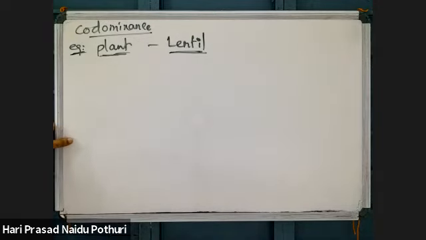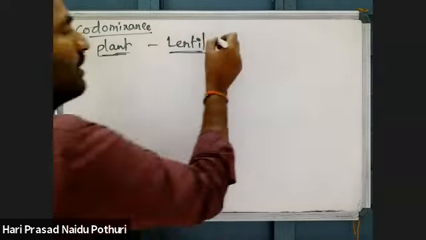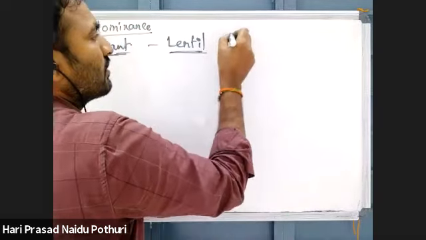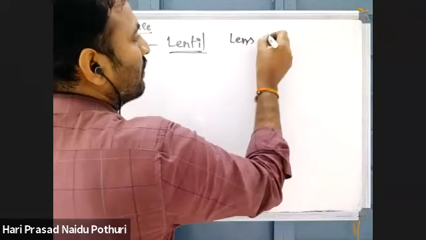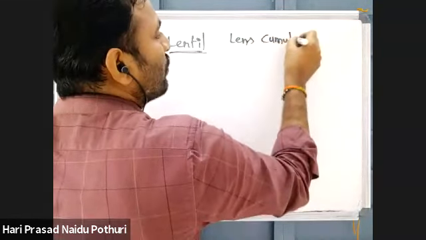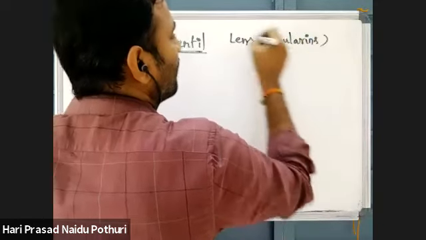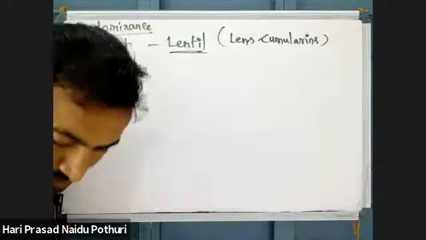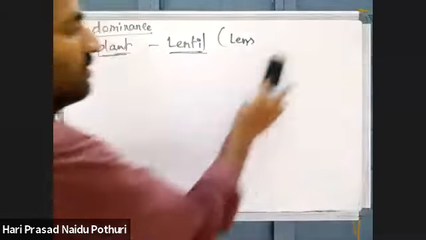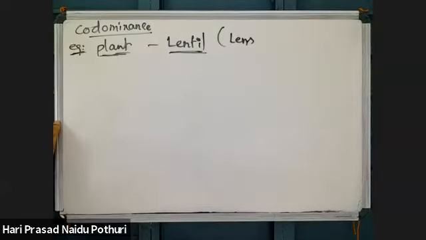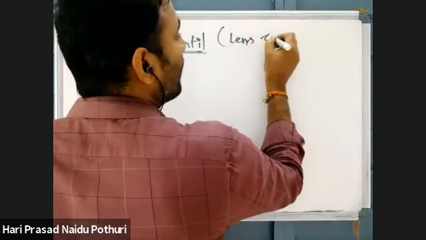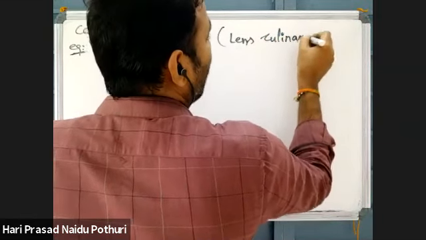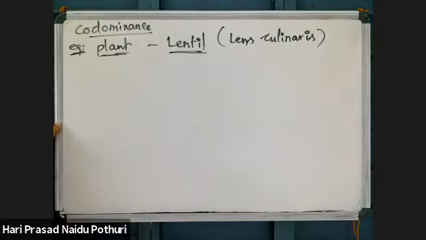Its botanical name is Lens culinaris. Sorry, not Lens cumularins, that is another species. Lens culinaris is a plant which is